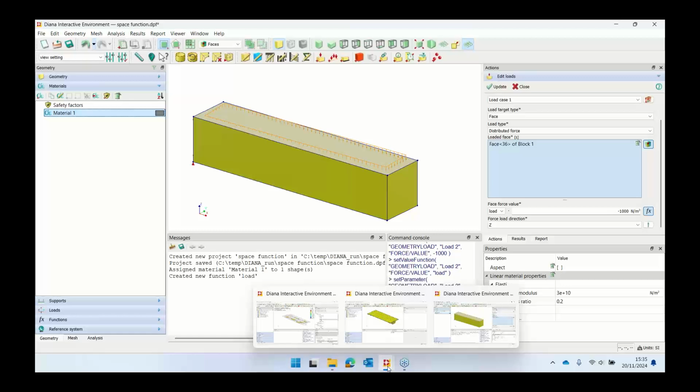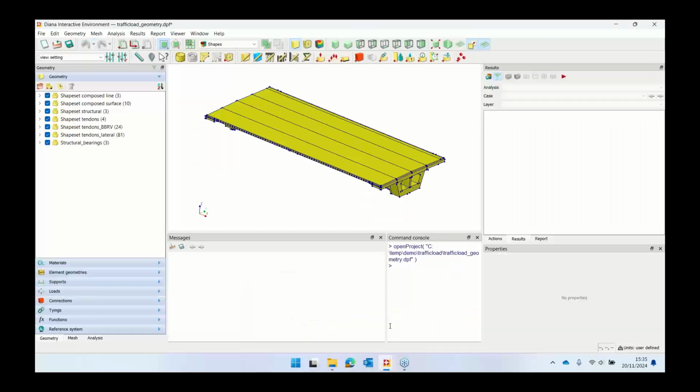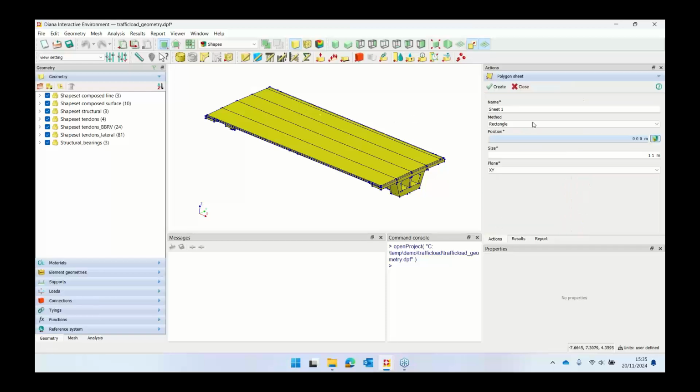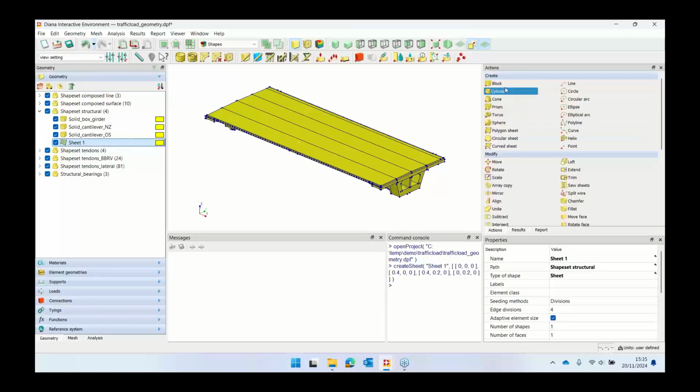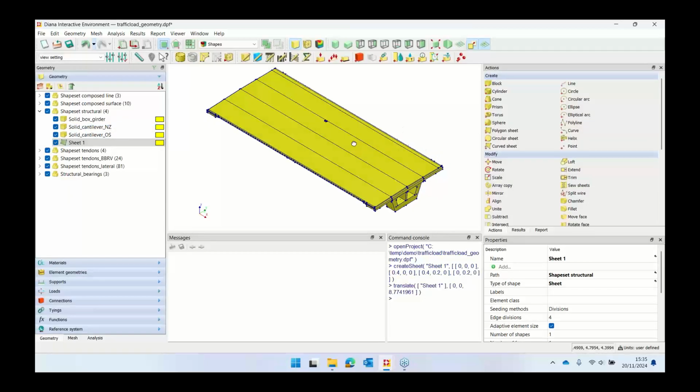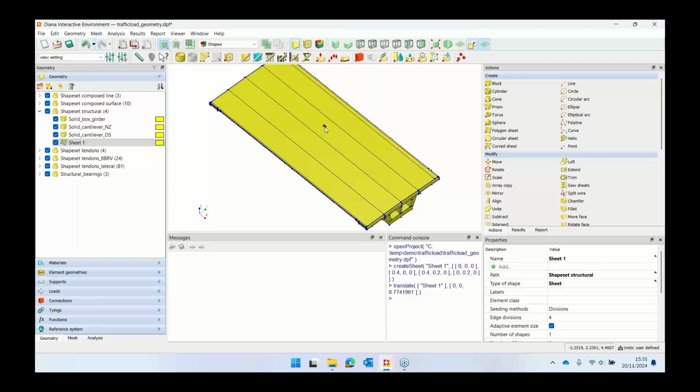And to apply a traffic load, you can also do a few things. One of the easiest ways is that you just create, for example, this is a bridge, and you create, for example, a polygon sheet, and you use a plane of x direction. For example, your wheel is 0.4 meter width and 0.2 meter length, or the other way around, and you click create, and you move this sheet up to here. This will be the contact area